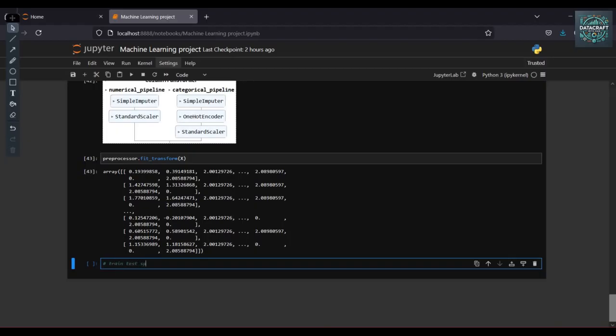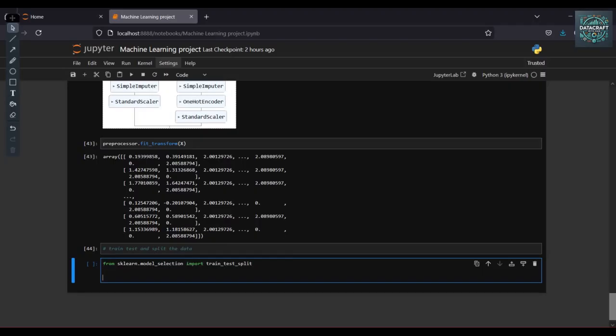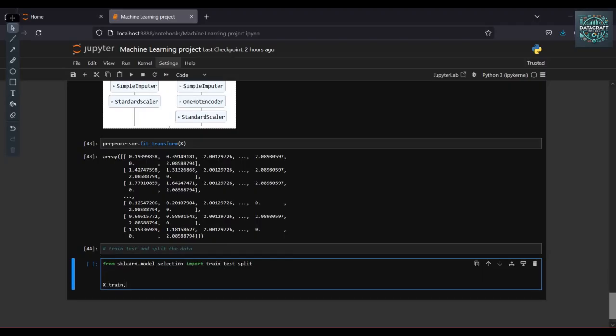Okay, and then the next is we need to do the train test split. From sklearn model selection import train_test_split, and this is X train, X test, Y train, and Y test, which is train_test_split of X, Y and test size.